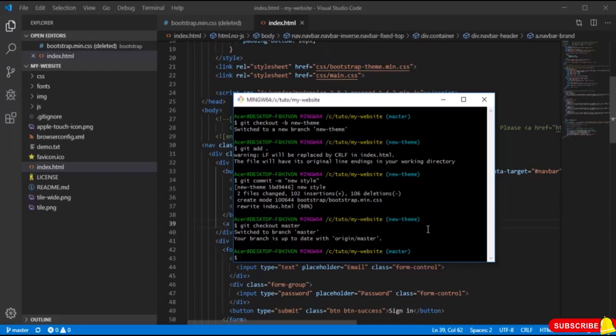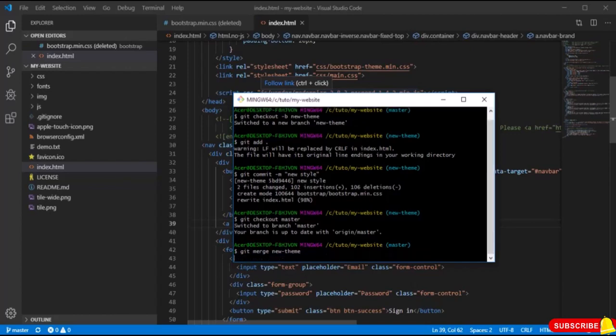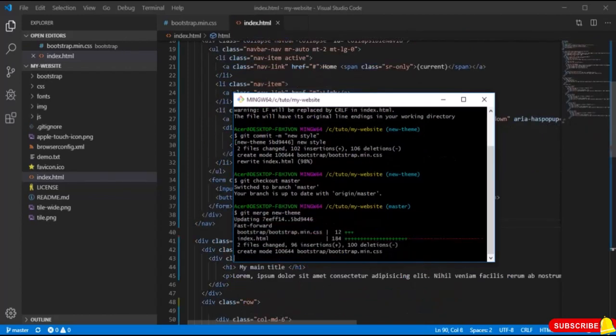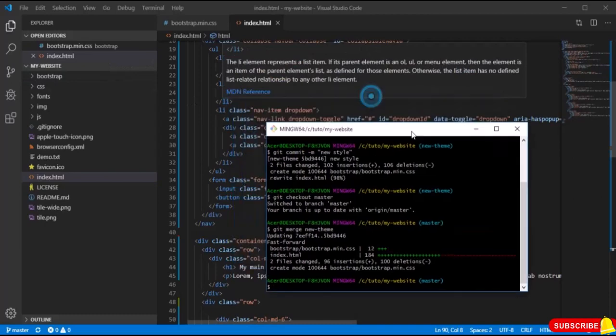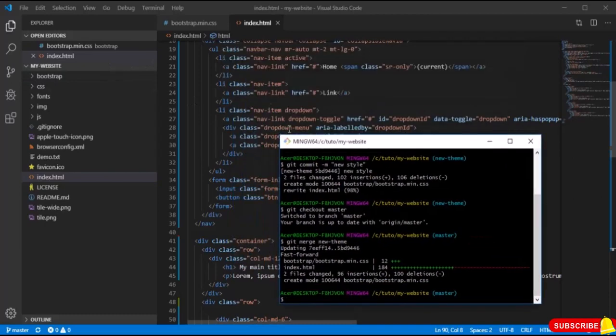So now let's merge between the two branches. So git merge new team, let's hit enter, and as we see here, the new folder of bootstrap appears, also with the new modification or the new